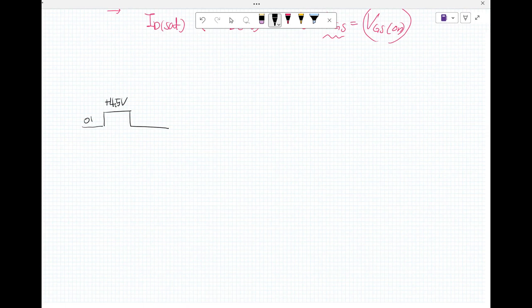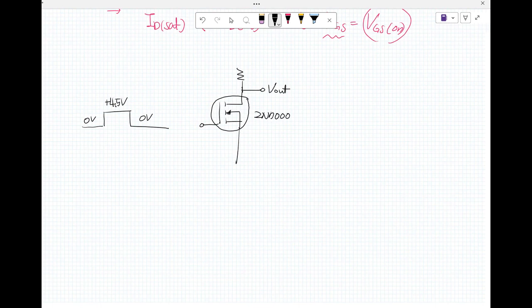This is maybe an N type here. 2N7000 MOSFET. That was R sub D, 1 kilo ohm. That was V sub DD, plus 20 volt. Okay, so now from the table,